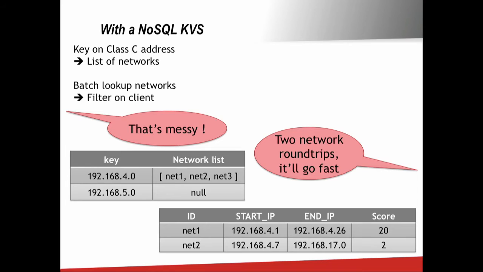So instead of relying on joins in database and monolithic servers, you might have to do 2 network round trips. First, I might have a given IP address range to get my list, which might pull a set of networks, and then I would do a batch request to get recent information about each individual network address and those scores. Sure, it's 2 network round trips, but it's incredibly parallel.